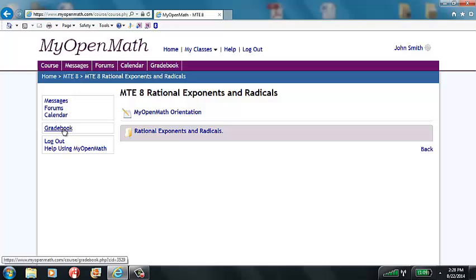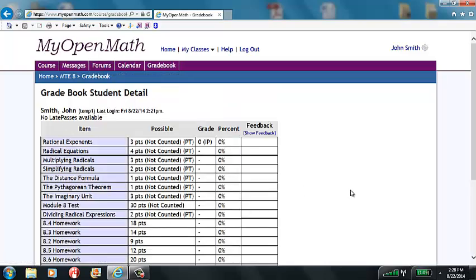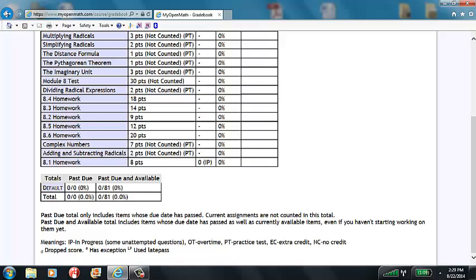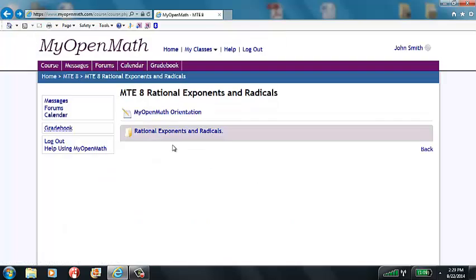If you want to know what your grade is looking like, there's a grade book here. There's nothing in it right now because we haven't done anything. And the main thing, of course, is the final test. You need to get 75%. What you need to focus on is the percent. You need to get 75% or better for the module. So if you have any questions about this, feel free to email me. I look forward to